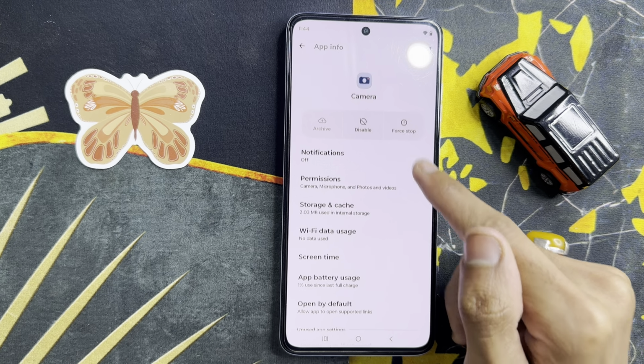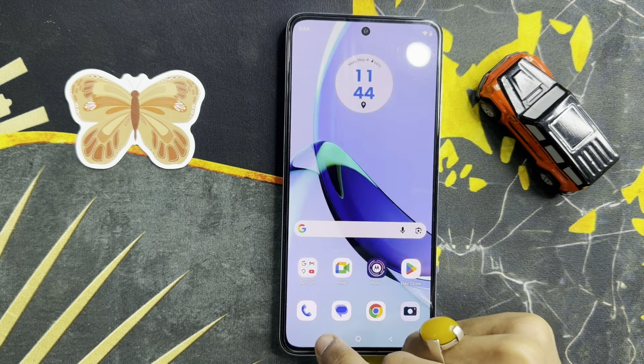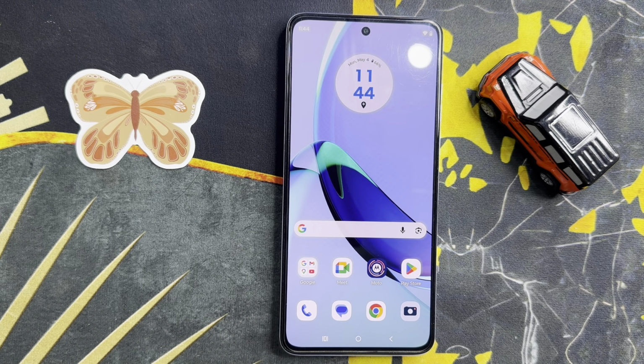After click on camera app, click on force stop. Click on OK. After force stop camera app, go back to home screen. You will see your problem is solved. But if it's still not solved, so